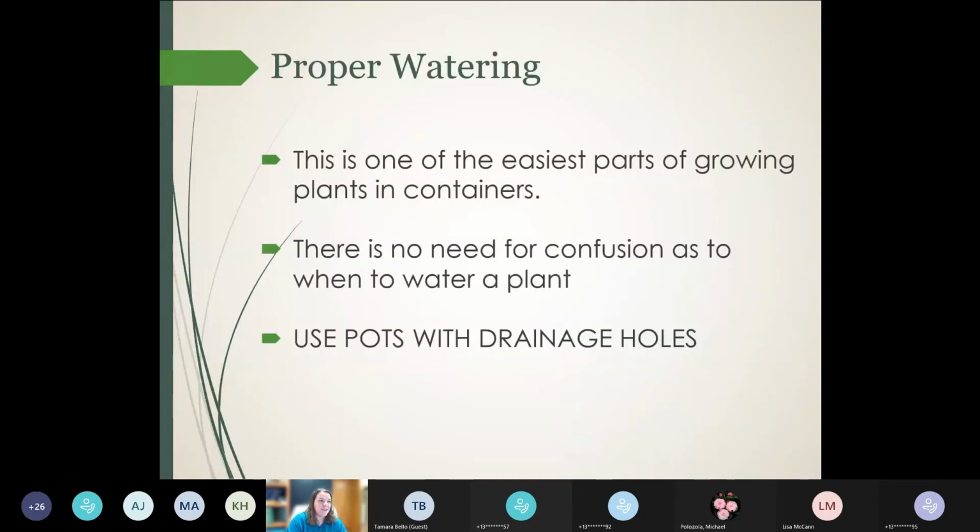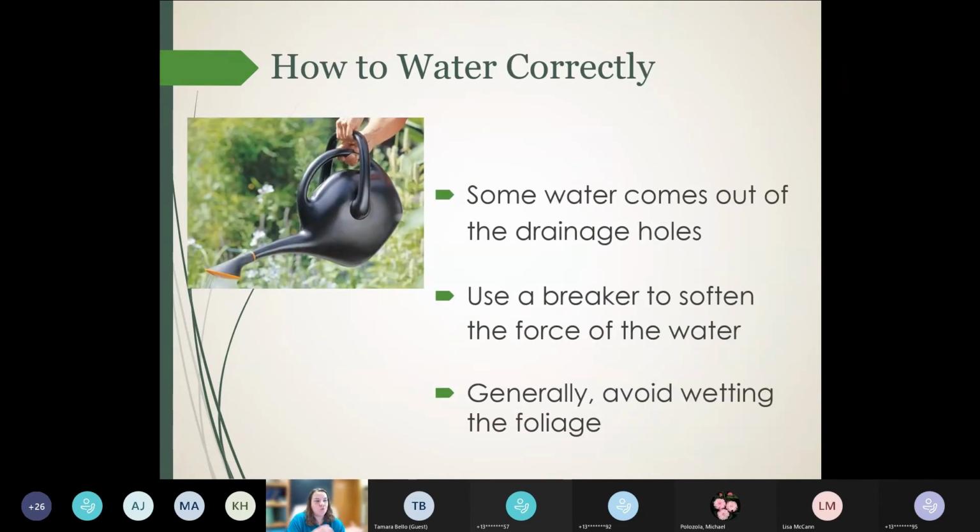Watering your container plants, for the most part, is one of the easiest parts of growing plants in containers, as long as you use containers with drainage holes. Now, when you water, and this is true for outdoor container plants as well as those that are inside, you want to water to the point where some of that water leaches out through the drainage holes. Especially for inside plants, if you water so lightly that the water never comes out of the drainage holes, what you'll notice at the top is these little white crystals, and that is salt that is beginning to build up and accumulate,